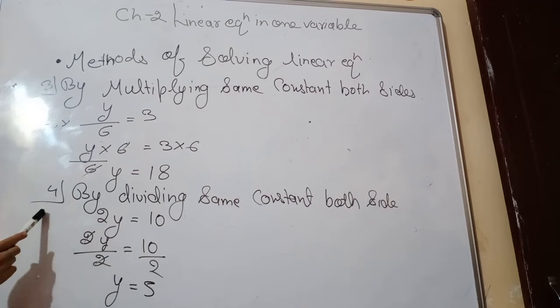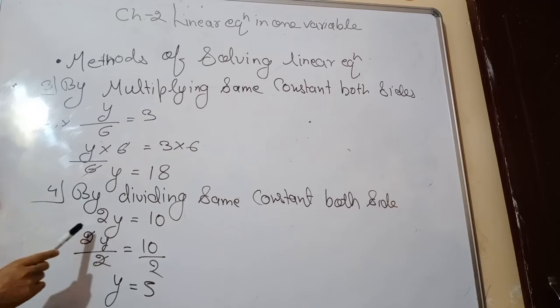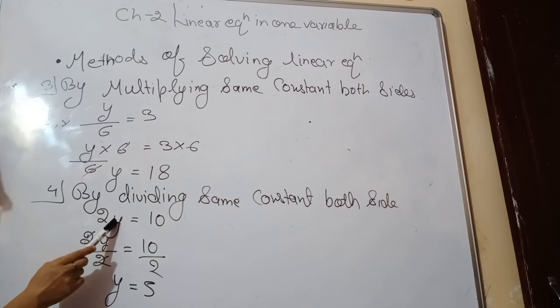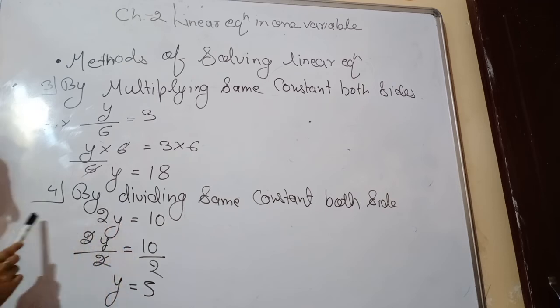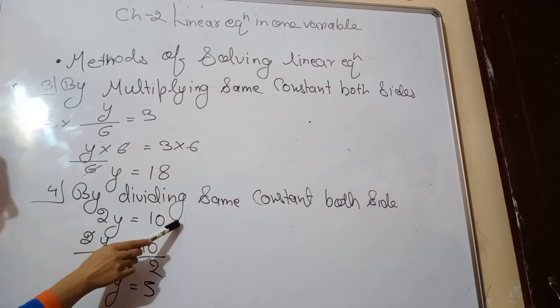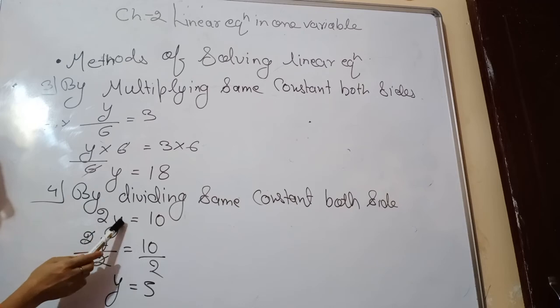Okay. Now the last option is by dividing the same constant on both sides, if the linear equation is given along with the multiplication sign. Here you can see variable and constant are both in multiplication. So what we have to do? We have to pick the opposite of multiplication, which is divide. So again you have to check which constant is written on the variable side. Constant 2 is written on the variable side because 10 does not have any variable along with it. So the constant which is multiplied with the variable, the same constant you have to divide both sides.